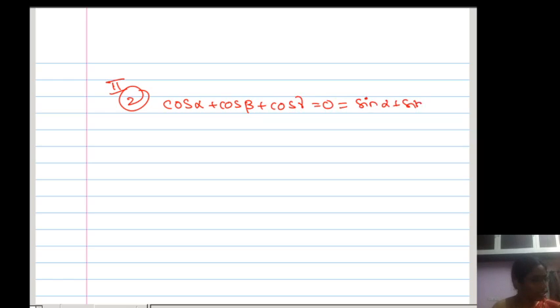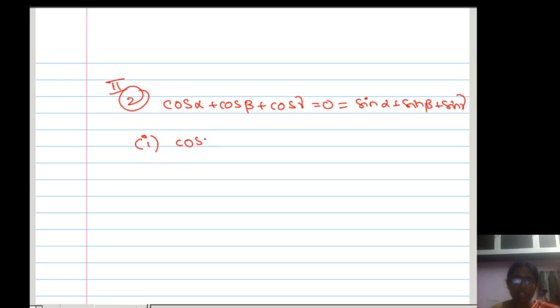So we have done the second bit, first problem. Now the second bit, second problem. What is the question? What is the given condition? Cos alpha plus cos beta plus cos gamma is equal to 0, which is equivalent to sin alpha plus sin beta plus sin gamma. Then show that. I think we did solved problems related to this. Did you remember? So if this condition is satisfied, we have to show three things. What are they? Three conditions.